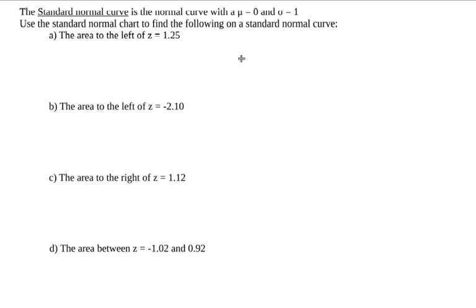But in any case, the area to the left. I'm using a standard normal chart. The standard normal curve, again, is when we have a mean of 0 and a standard deviation of 1. This is a particular normal curve. The nice thing about the standard normal curve is we can use the standard normal chart for it if we have a mean of 0 and a standard deviation of 1. If either of those were different numbers, we'd have to convert it over to look stuff up in that chart. But for our purposes right now, if I wanted to find the area to the left of z equals 1.25,